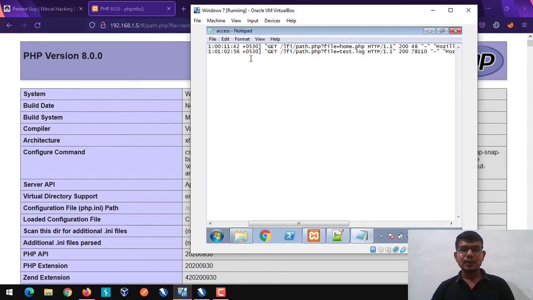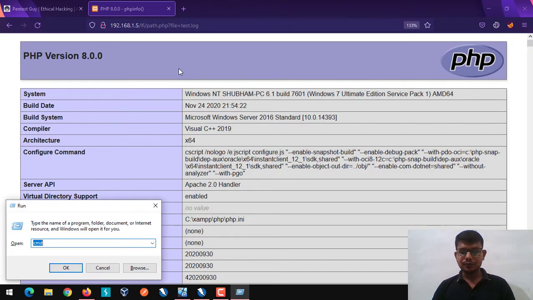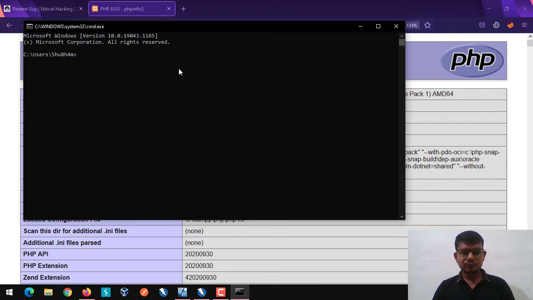Okay, so let's first poison this log file with some bad PHP code, or we can say malicious PHP code. For that I'm going to use netcat, and my netcat is located in the D drive. You can also use ncat, which is nmap's netcat, if you don't have netcat on your Windows.